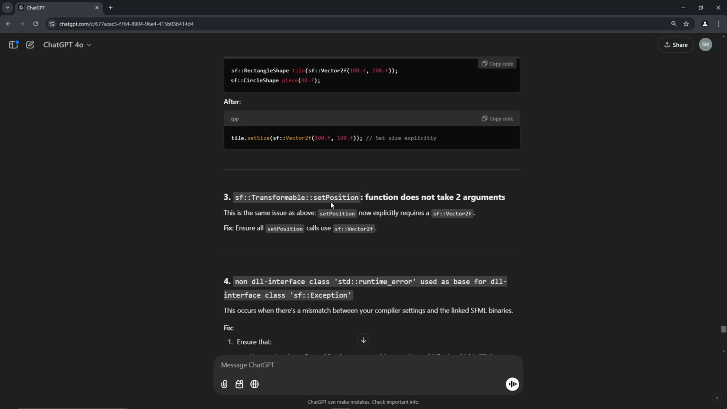SF transformable set position function does not take 2 arguments. This is the same issue as above. This now explicitly looks for this, so we'll ensure that this is this. All right, and then the